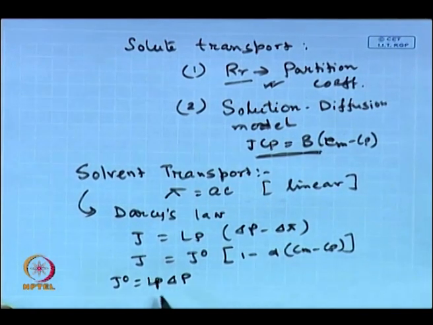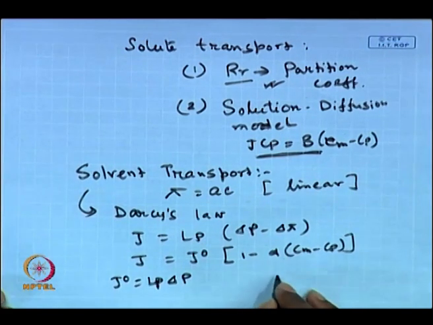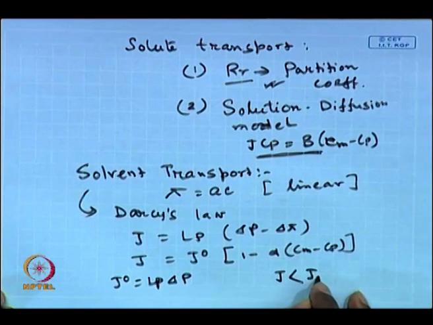So, for any membrane separation system which is operating under delta p, you should expect a maximum flow rate or maximum productivity Lp times delta p. If you use a solution, the productivity of the permeate flux will always be less than Lp times delta p. So, J naught is the maximum permeate flux. When can you expect the maximum permeate flux in your system? At the very first instance, before onset of concentration polarization. Therefore, any J will be less than J naught.